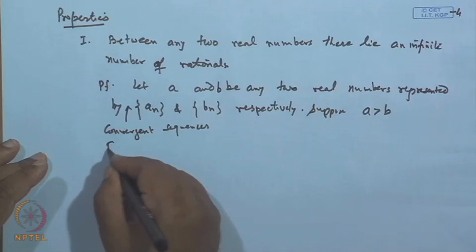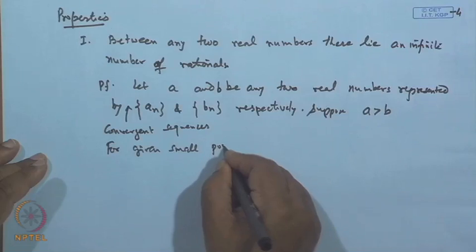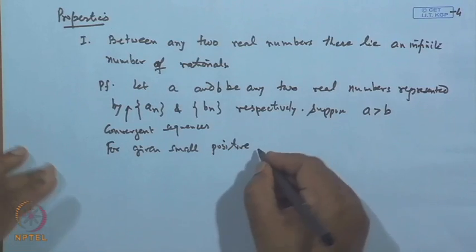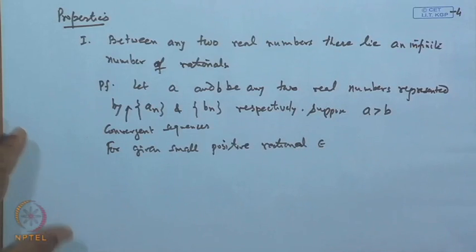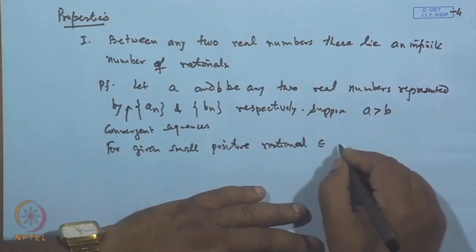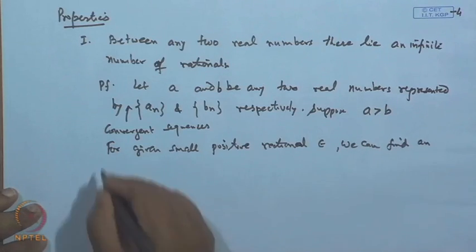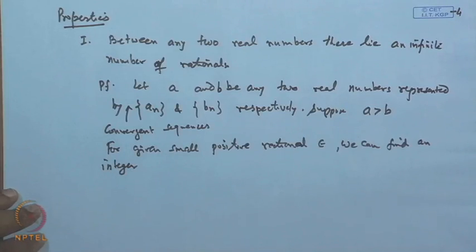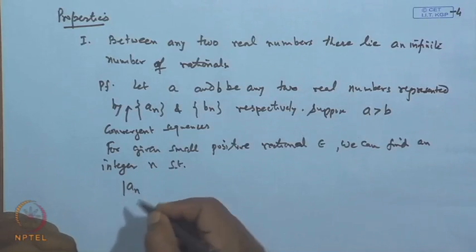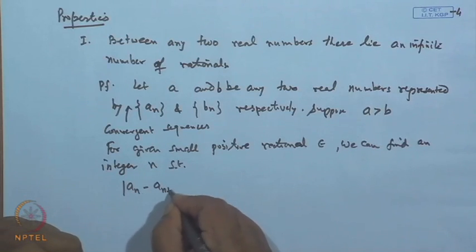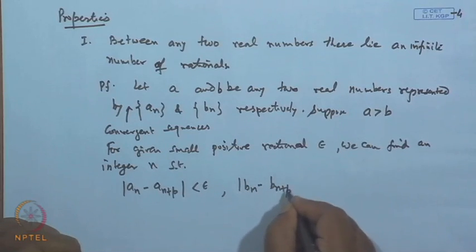So, for a given epsilon greater than 0, for a given small positive rational number epsilon, okay, we can find an integer n such that mod of a_n minus a_(n+p) is less than epsilon, mod of b_n minus b_(n+p) is less than epsilon,